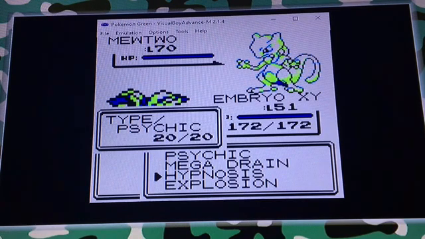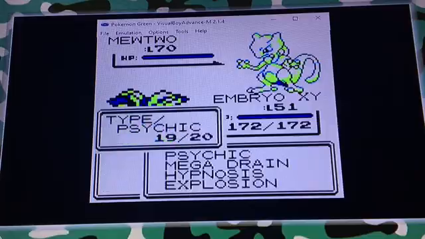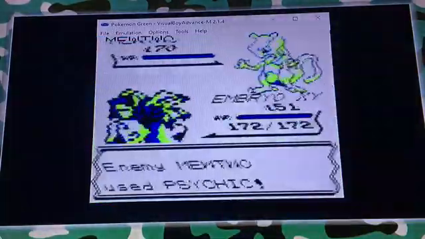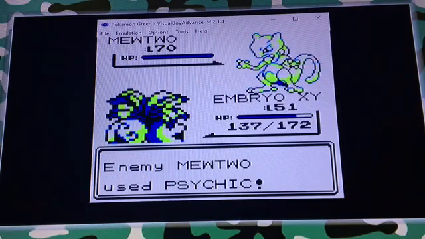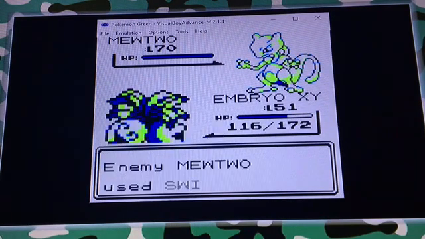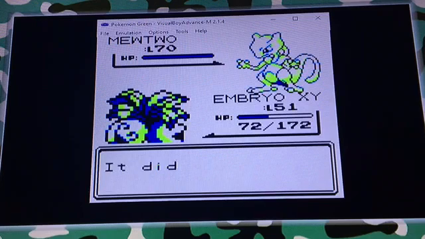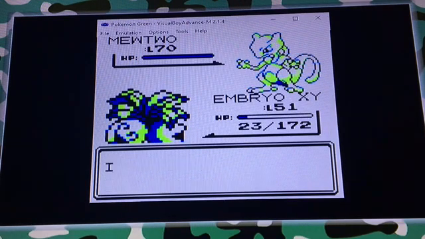I'm going to open up with a Hypnosis. It knows Recover, so catching it is going to be kind of a bother. Now, what am I trying to say here? Mewtwo has the same catch rate as the legendary...